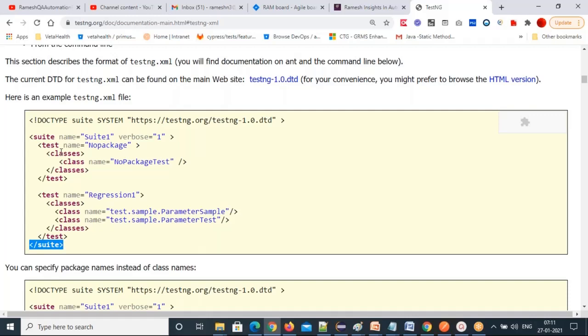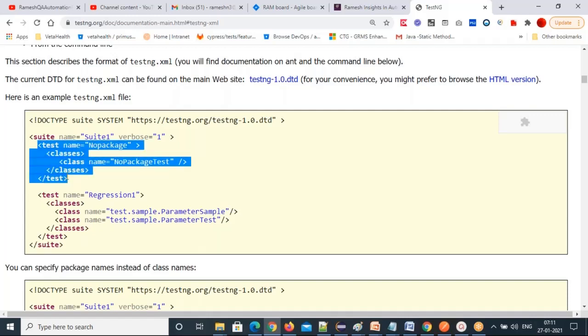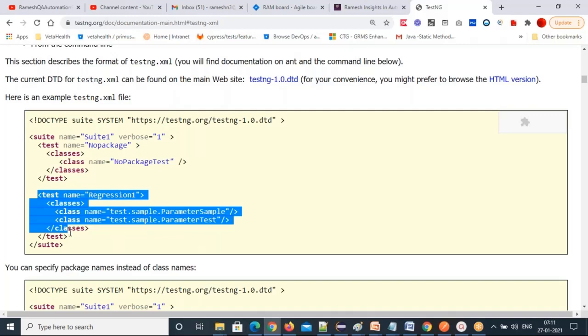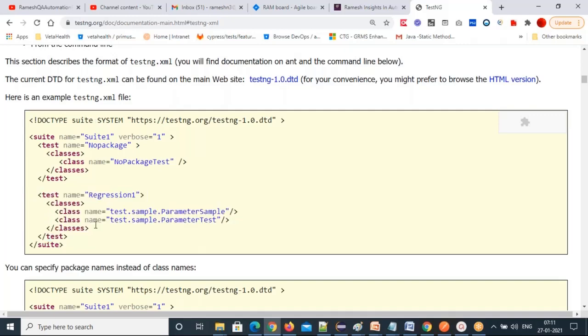Okay, what is the name of that tag? You have to give the name of that particular tag. So you can write one test tag, or if you want to write more test tags, you can write more. Each test tag will have a classes tag inside. This is how you can write an XML suite file. This is the suite file format.